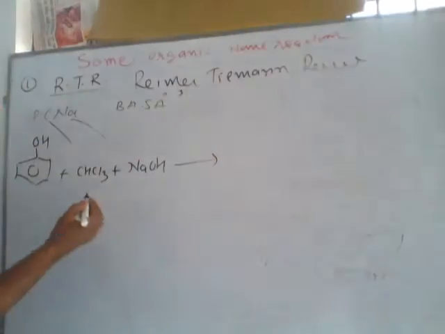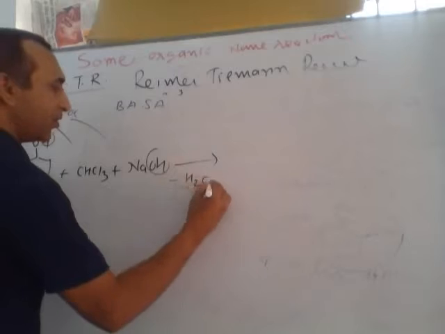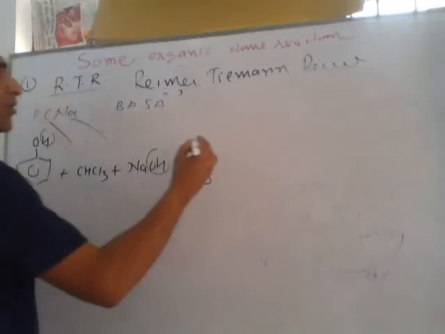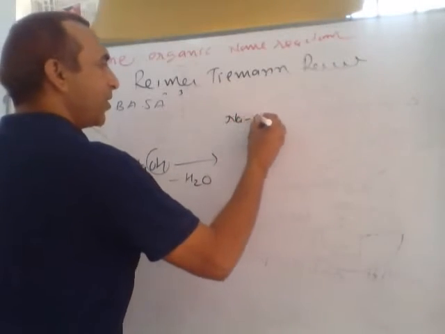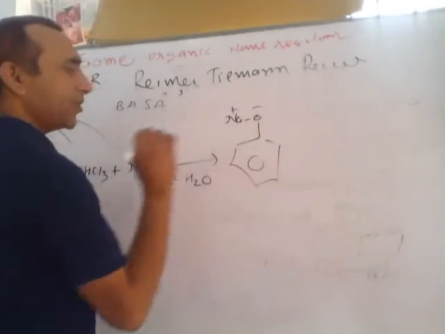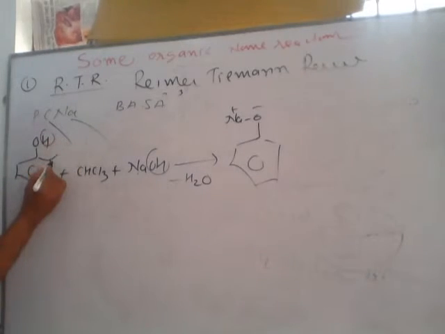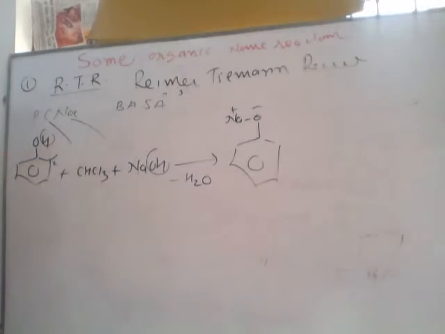So after the reaction this H and this OH form a water molecule, and this Na joins here. This type of compound, this is phenoxide ion, sodium phenoxide, plus and minus, and the hydrogen atom from the ortho position,